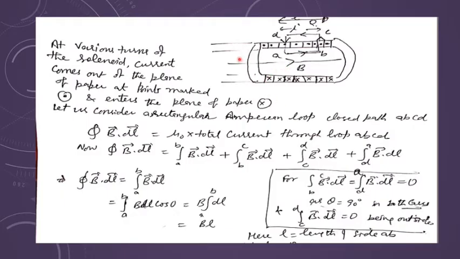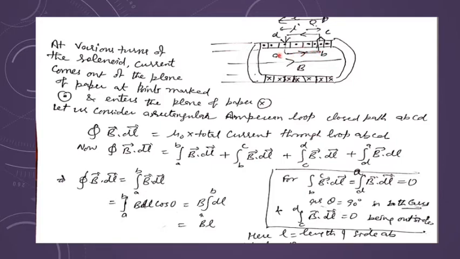This is a diagram showing you the direction of the magnetic field at various points. You can see the current is coming out, as I have shown in the previous diagram. Here I have tried to show dots and crosses. A cross means the field is entering into the paper, and a dot means it is coming out perpendicular to the plane of the paper.